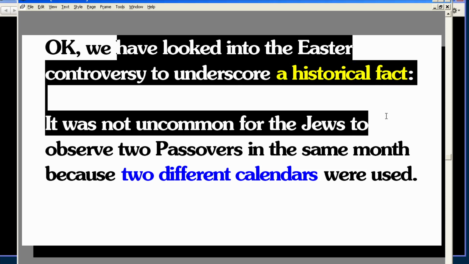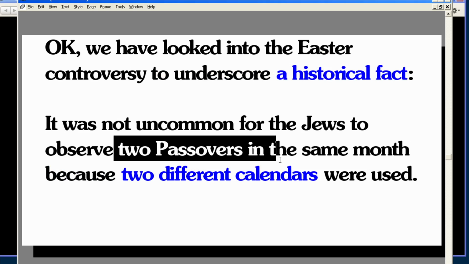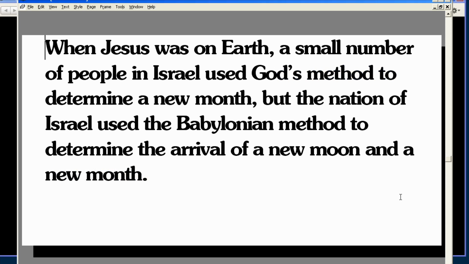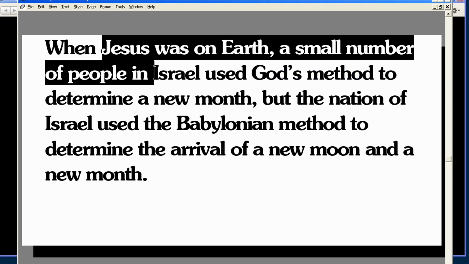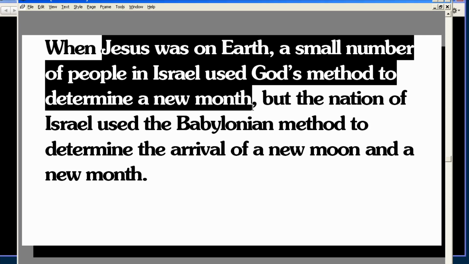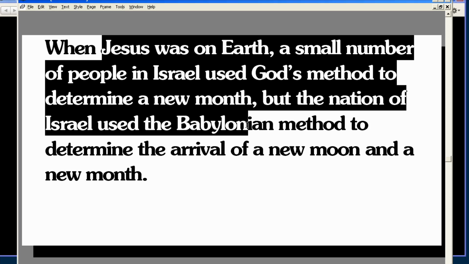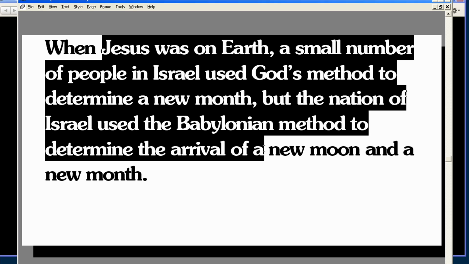It was not uncommon for the Jews to observe 2 Passovers in the same month because 2 different calendars were used. When Jesus was on earth, a small number of people in Israel used God's method to determine a new month. But the nation of Israel used the Babylonian method to determine the arrival of a new moon and a